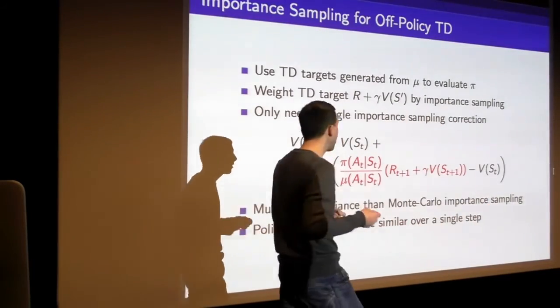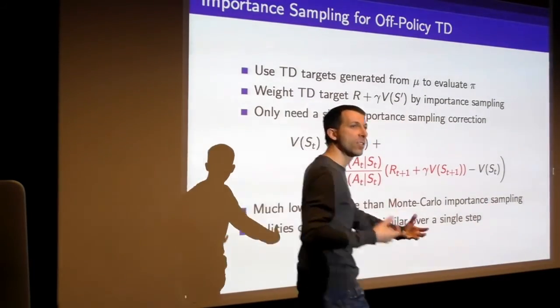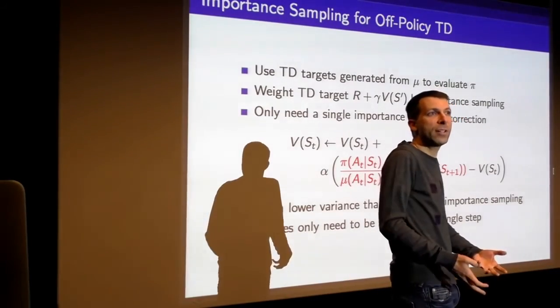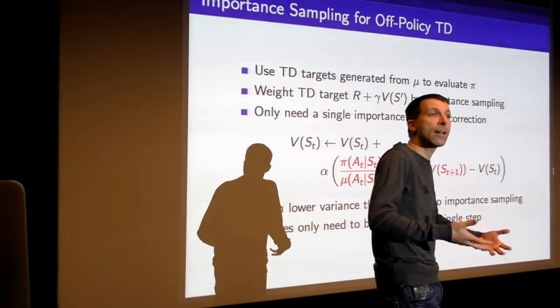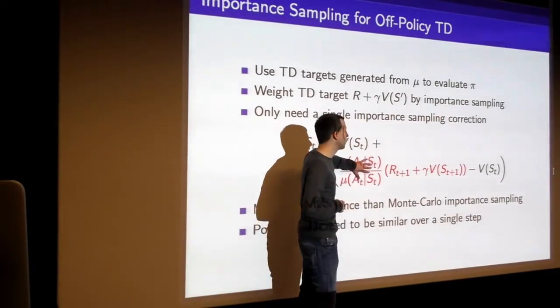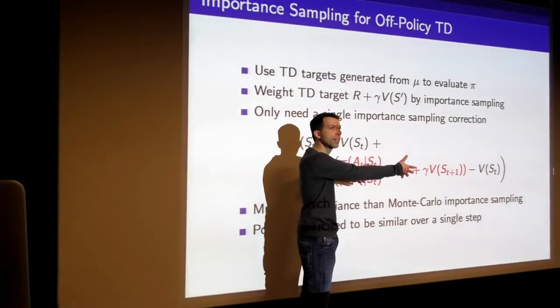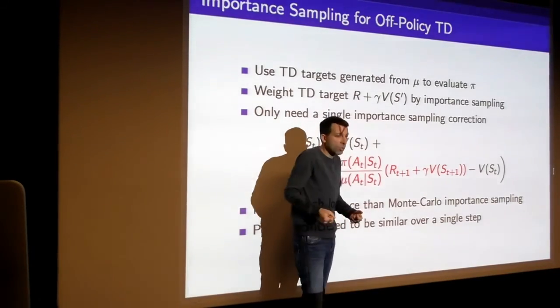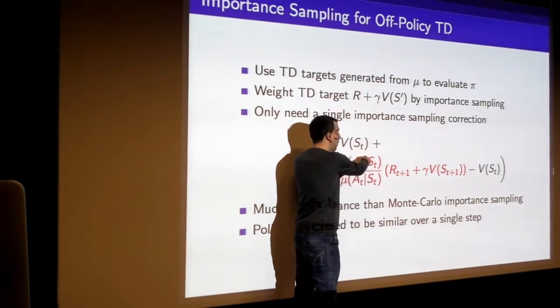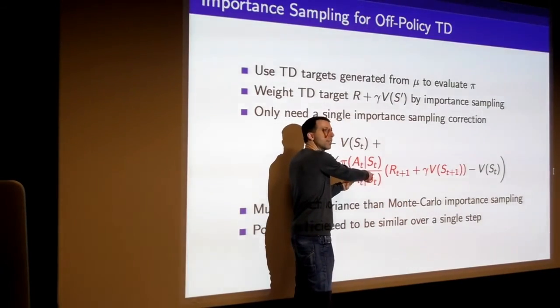We're going to say, over that one step, I had some behavior policy that generated some action, and there's some probability that I would have taken that same action under my actual target policy I'm trying to learn about, and we just consider the ratio between those two things, and we multiply our target by those things. So that we weight how much we trust this target that we look at by how much our policy really matched what was actually taken in the environment.